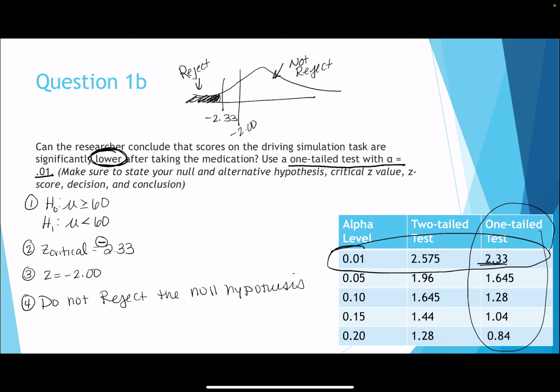We only ever either reject the null or do not reject the null. Not rejecting the null means that there is not enough evidence to show that the medication lowers, remember, because we're doing a one-tailed test, we're talking about lowering, the mental awareness